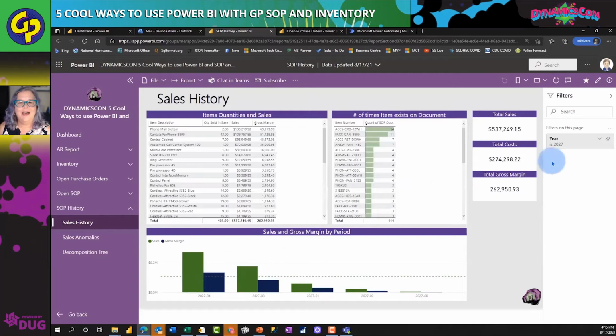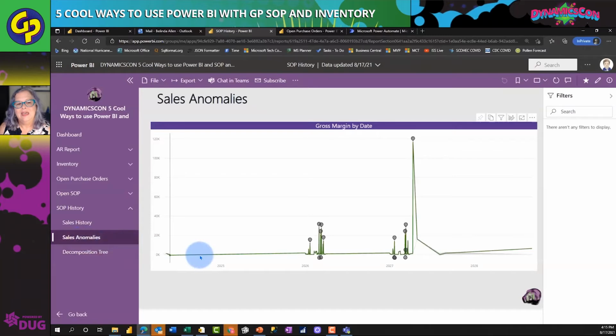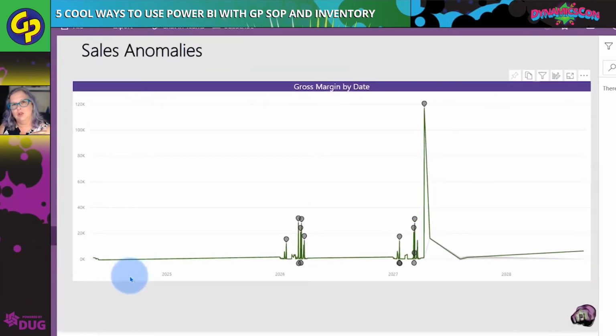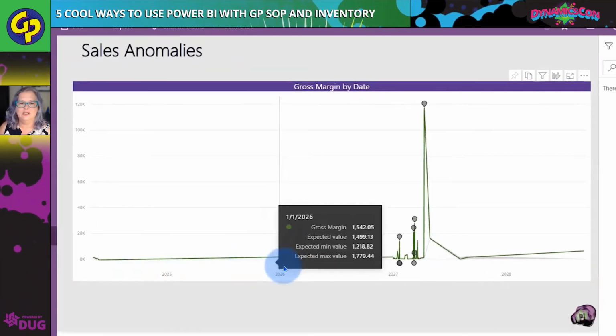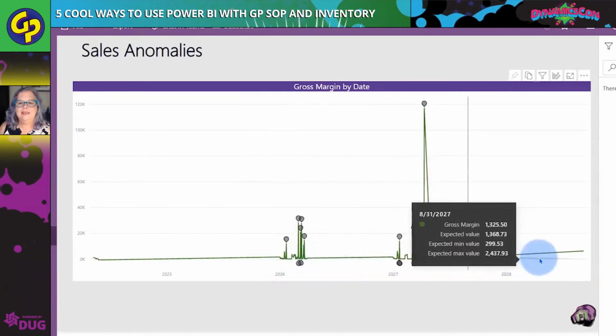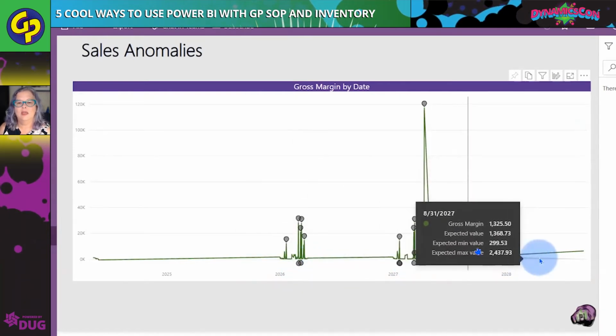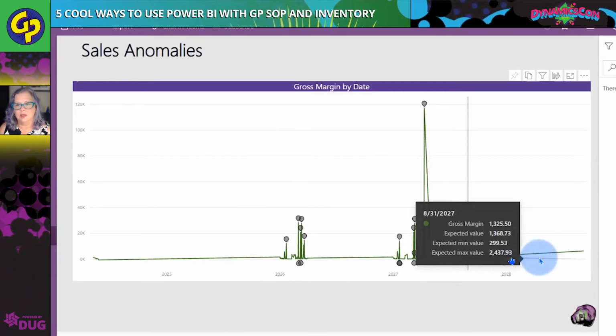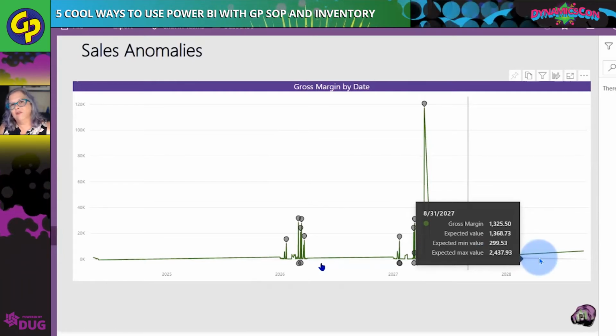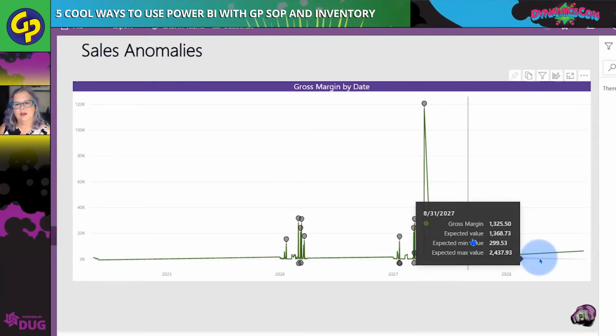And then down below, I have a chart that shows sales and gross margin for a particular time period. Now, this is a line chart where I am looking at the dates across, and I have both invoices and returns netted out here. And this is something called, I'm going to pause here for a moment, this is something called anomaly detection. This is another AI tool. So you can see the actual gross margin here, and it's used AI for everything that's happened in the past to determine an expected value for that date. So the expected value was